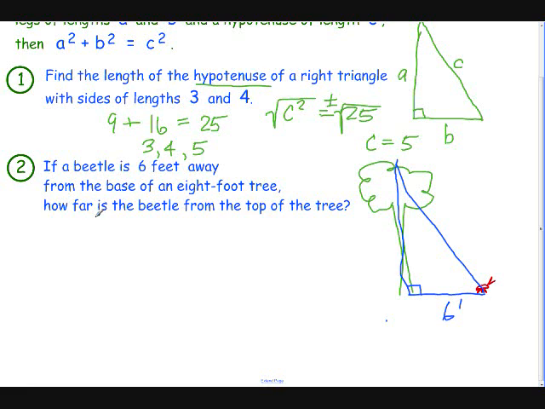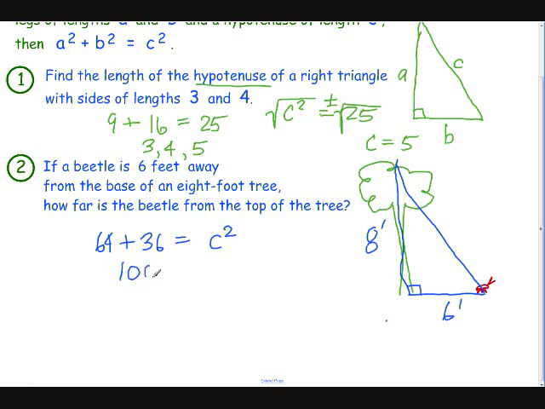The tree we know is 8 feet. That's given to us. If the beetle were to fly to the top of this tree, how far do they have to fly? Well, one leg is 8 feet long, so we're going to say 8 squared, 64, plus 6 squared, equals c squared. So I've got 100